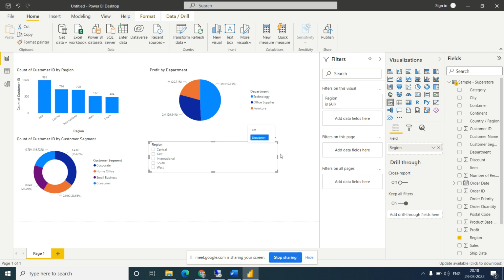There is a value. If you go to the top corner of the slicer, there is a drop down symbol. If you click on it, you will get a drop down and list. Right now this is showing a list. I want to make a drop down. Click on drop down. Okay, so you got a drop down.